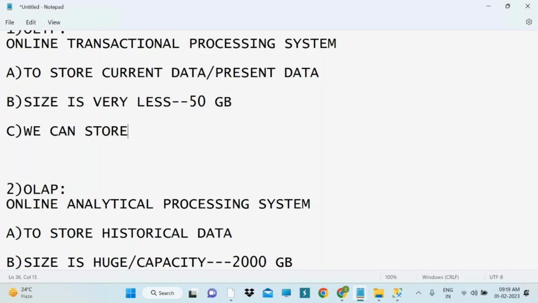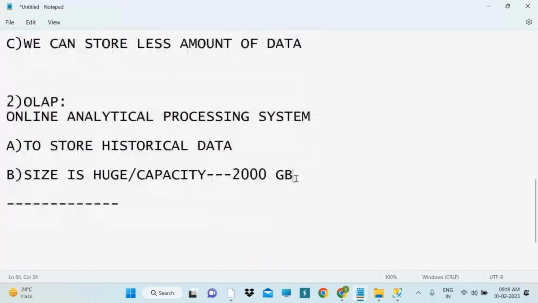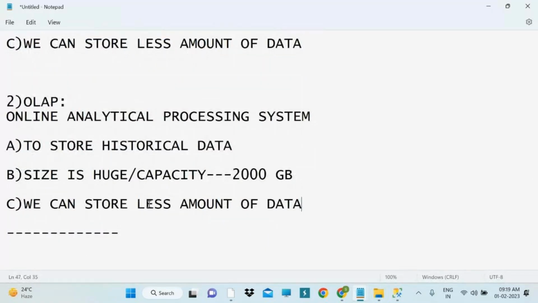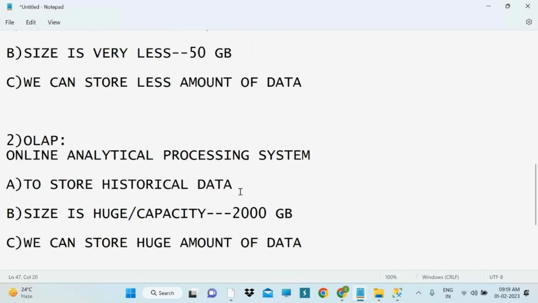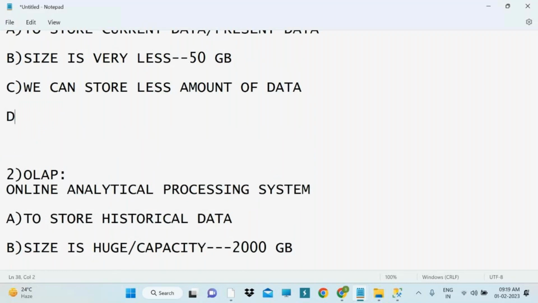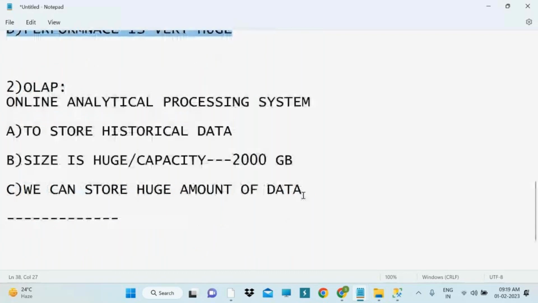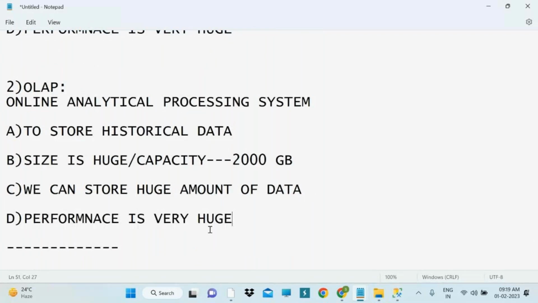Also, another main difference is that we can store less amount of data only in the OLTP, whereas in the OLAP we can store a huge amount of data, right? Because the capacity is more. So another difference is the performance of these databases. The performance of OLAP is very huge, whereas the performance of OLTP is less